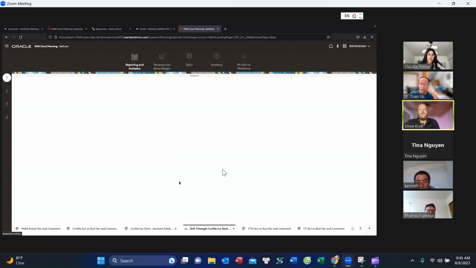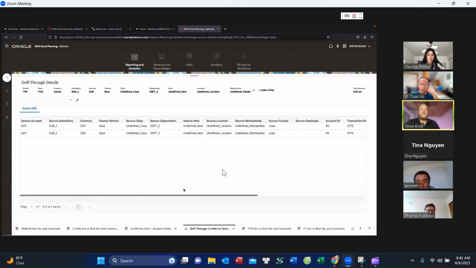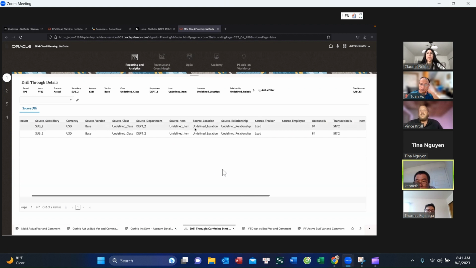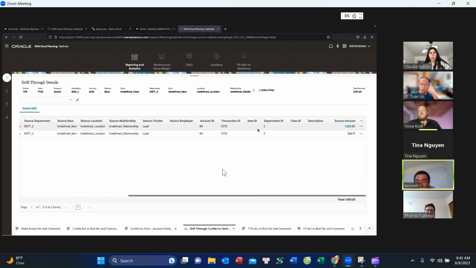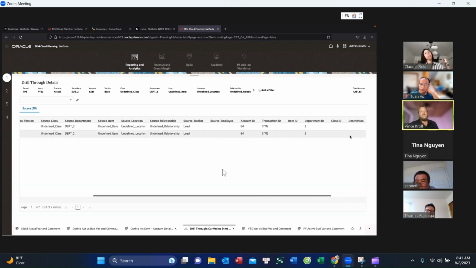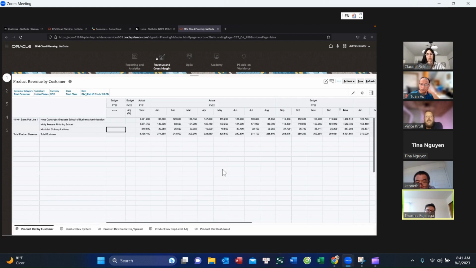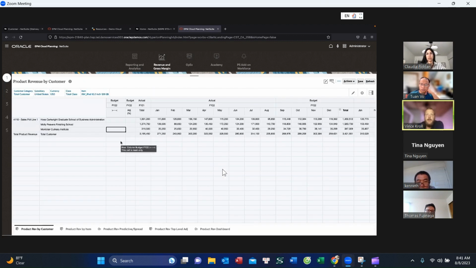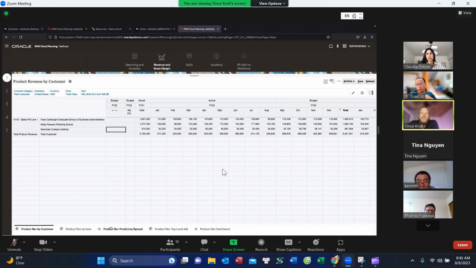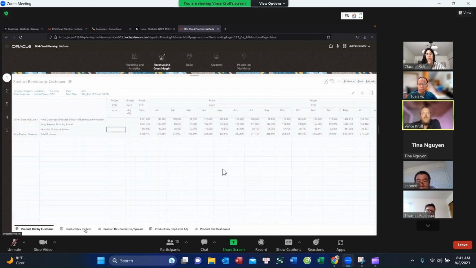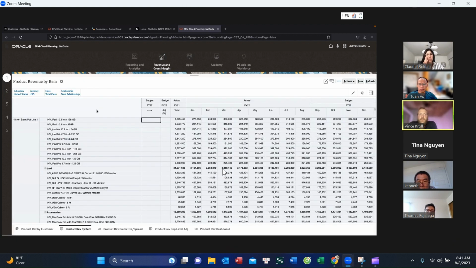So if you wanted to, you could always drill through to the source transactions there. Okay. And it has your transaction IDs that are all in NetSuite and the amounts of each of those individual transactions. I see. And then as far as actual revenue budgeting and everything, we can come here and maybe look at our revenue